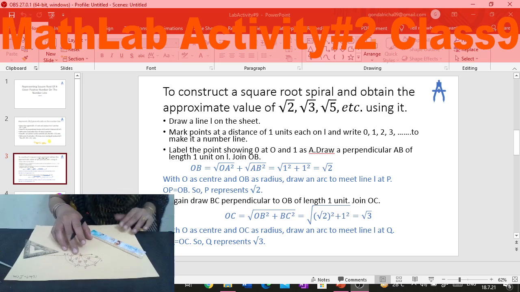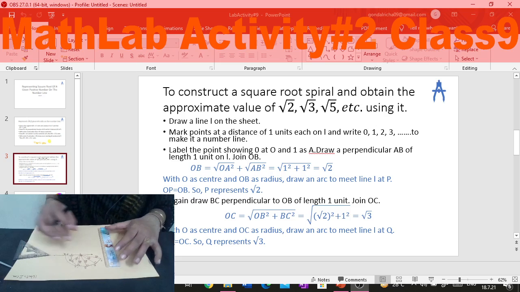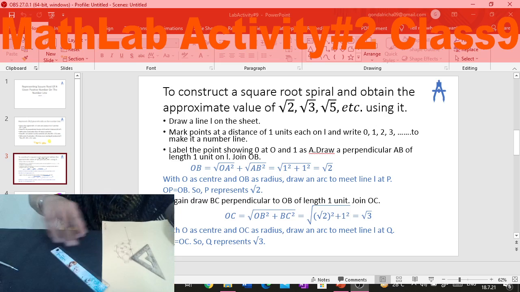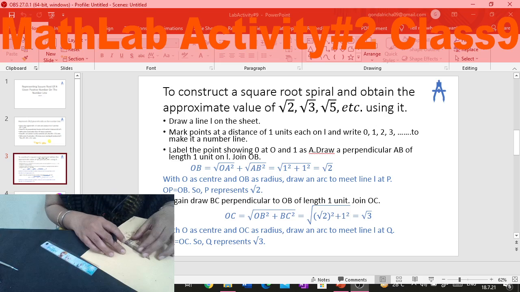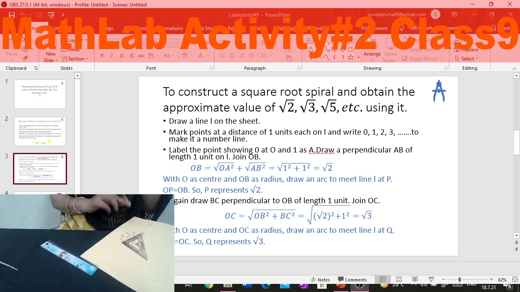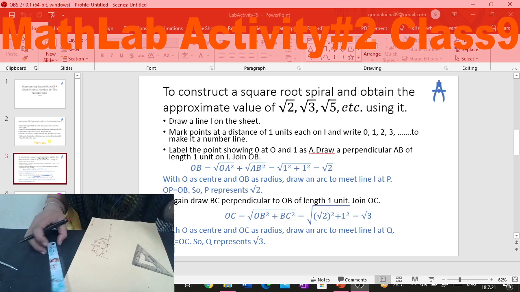See, I'm moving in this fashion. The same steps I'm going to repeat, and each time I'm drawing the perpendicular, labeling it, moving on and joining O with the next point. So now at F, I'm going to draw the perpendicular with the help of the set square. I'm drawing the perpendicular. So this is again of 2 centimeter length, because my one unit is 2 centimeter. That's why I'm taking 2 centimeter. You can choose as per your choice, right?